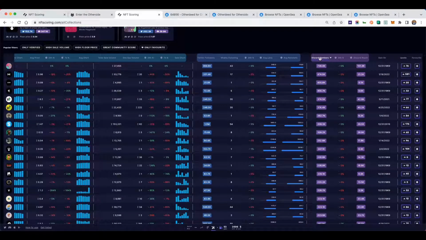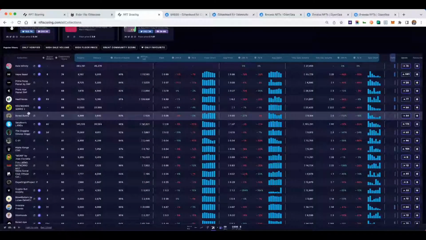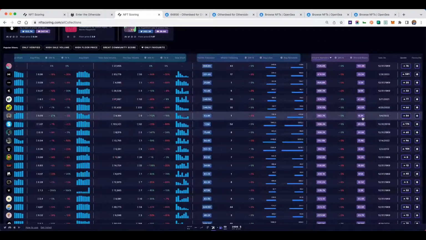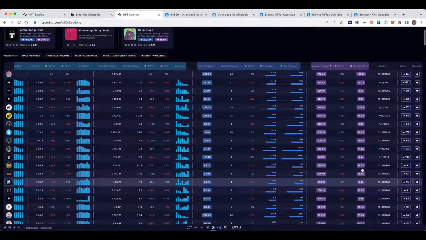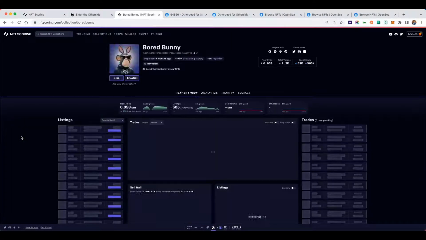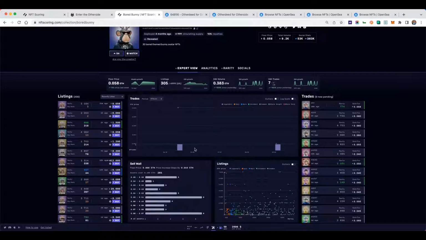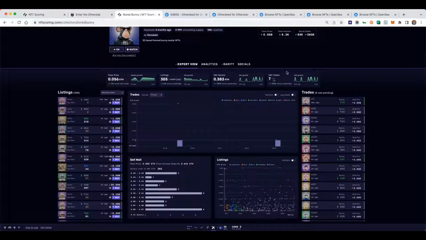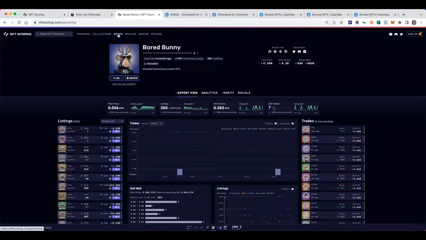If I go ahead and click on Discord member, suddenly you'll see projects like this one, 360,000 Discord members, but only 6,000 Discord reach. Like, what's going on here, right? I'm not saying that they have bots, but maybe people are not there anymore that much. So it's a pretty strong signal that something's going on there. If you want to click and go ahead and study that project, yeah, you can go ahead and click on it and you'll see how it's doing over time, and so on, so on, so on.